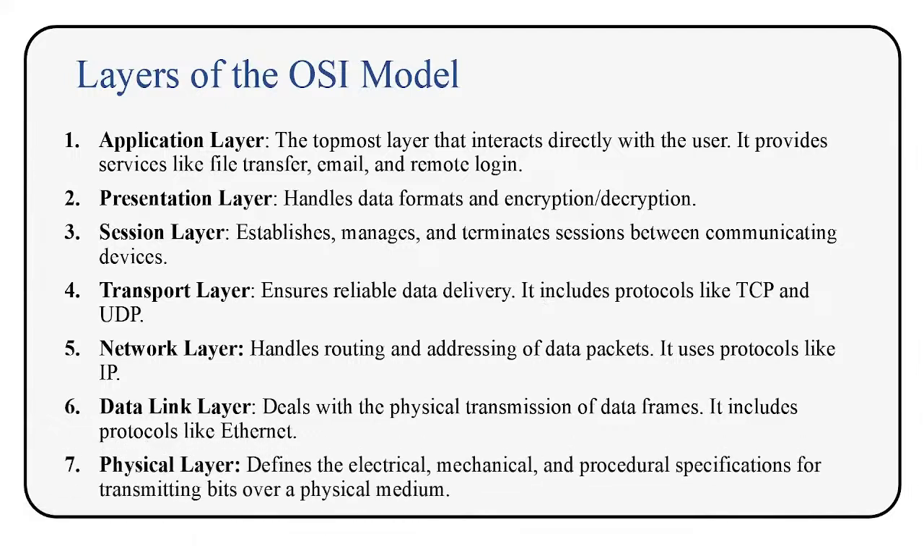Then we have the next one, that is the physical layer, the seventh one. It defines the electrical, mechanical, and procedural specifications for transmitting bits over the physical medium. So for the transmission of the bits, that means bit by bit, the data will be transmitted over the internet. When it is said that it is getting transmitted over the internet, definitely it goes through the physical layer, data